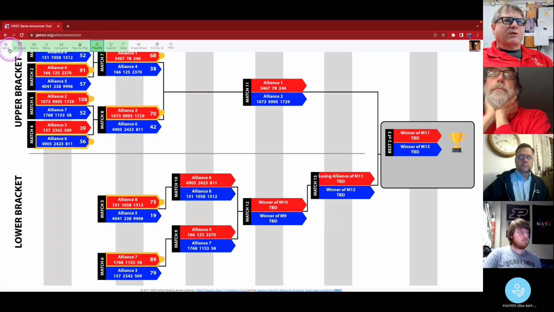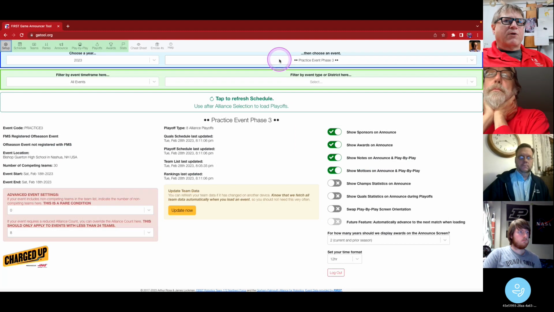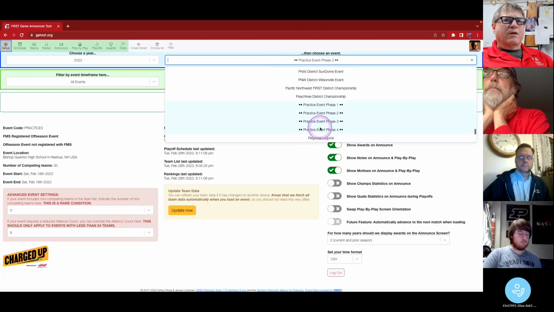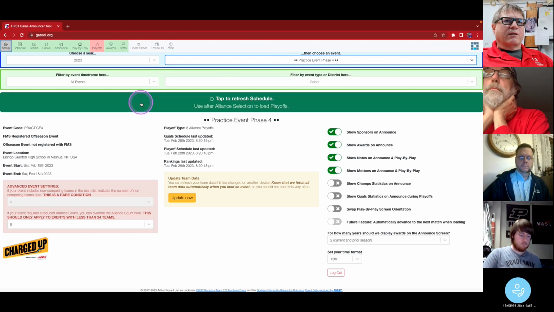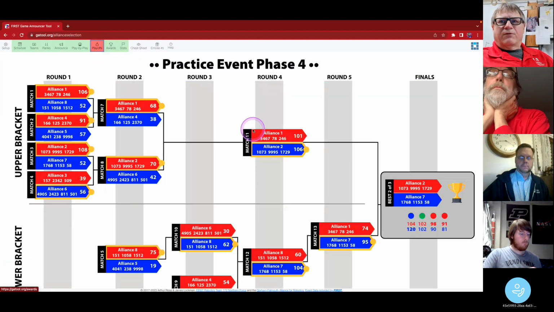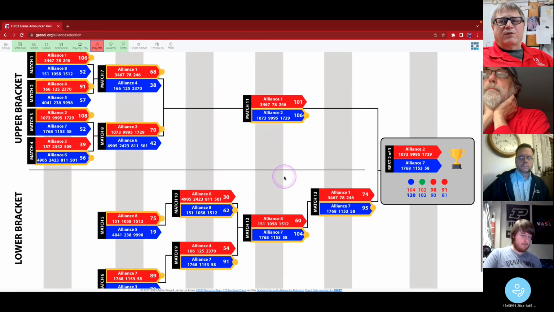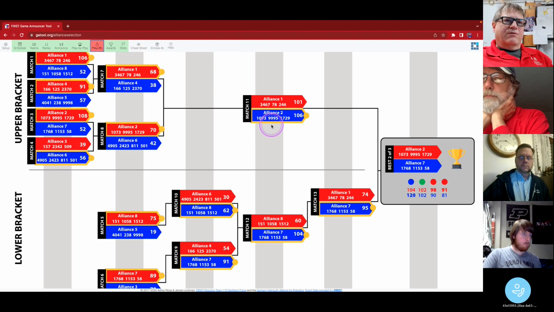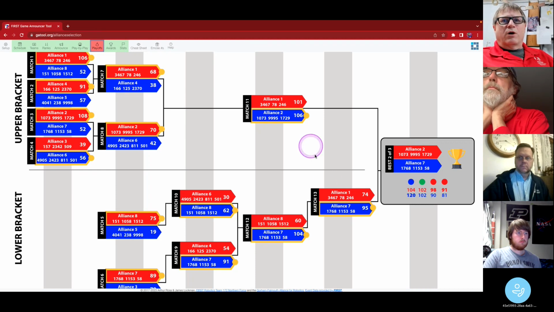Now, if we pick practice event phase 4, that will then bring in the final results here. So our playoffs are showing us the ending position. This is the week 0 event, by the way. So you can see how folks moved through and they move up and down. In this case, Alliance 2 beat Alliance 1, and they ended up in the playoffs. Alliance 1 moved down into the lower bracket where they lost to Alliance 7, and so Alliance 7 ended up